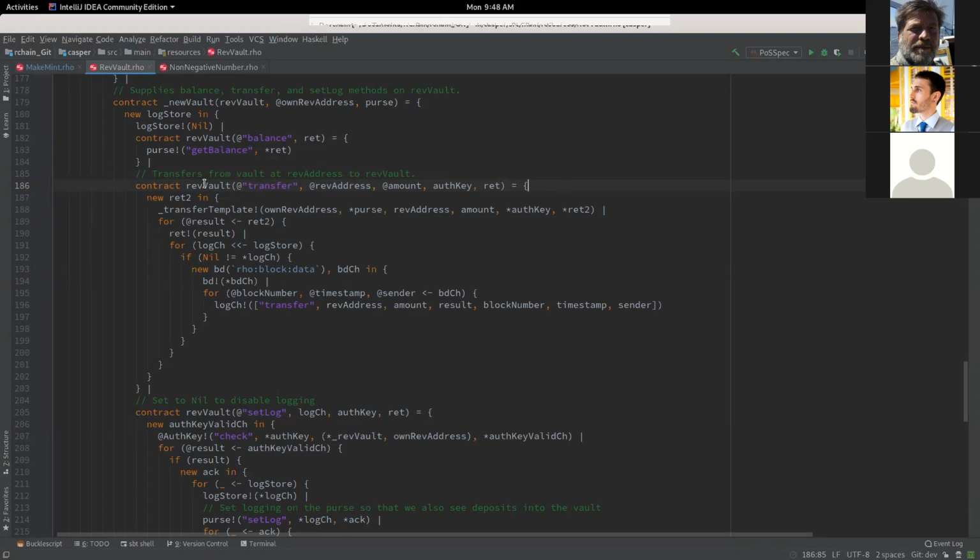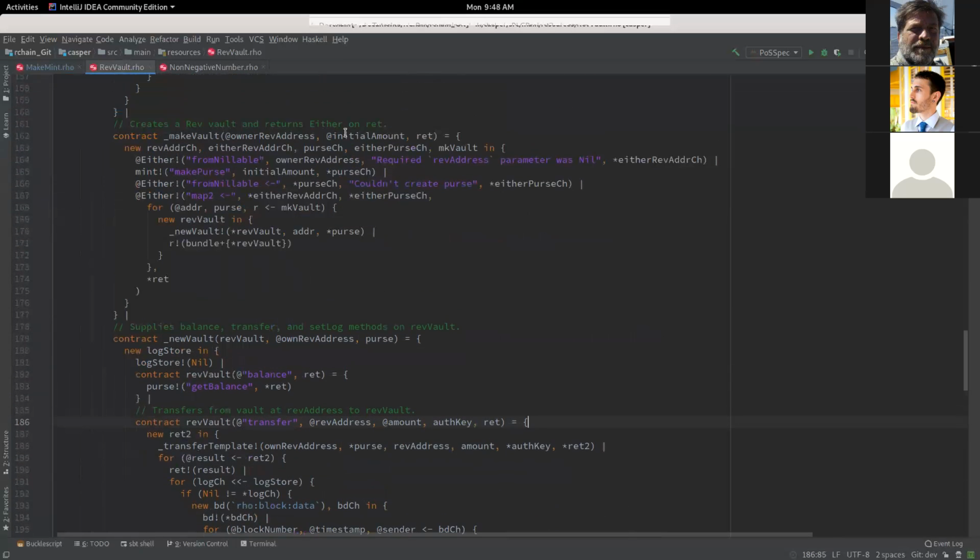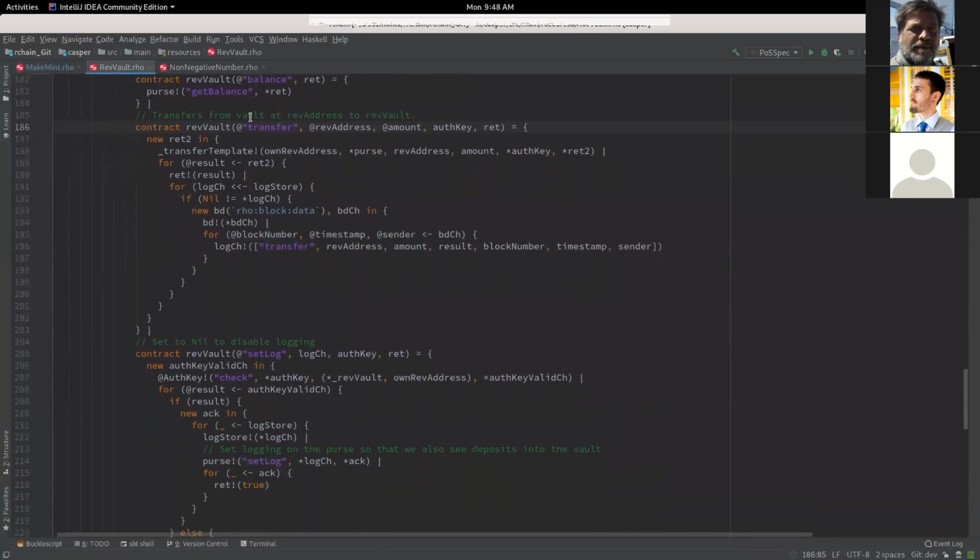Again, rev vault is just some unforgeable name, right? When you create a rev vault, you have some unforgeable name that's generated, which we're referring to as rev vault. That's the human readable form of the name. It has a bunch of methods defined on it, and one of them is a transfer method, a transfer into this rev vault that you just created from some other rev vault.